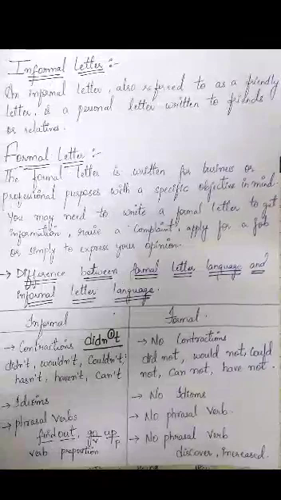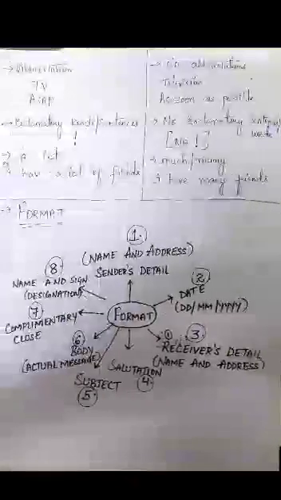Okay, now next is abbreviation. What is abbreviation? Abbreviation is nothing but the short form of a word. We can use the abbreviation TV in an informal letter, but in a formal letter we cannot use abbreviations. We have to use the full word, that is television. So, what does this mean? Do not use abbreviations in formal writing. You can use TV in informal writing.